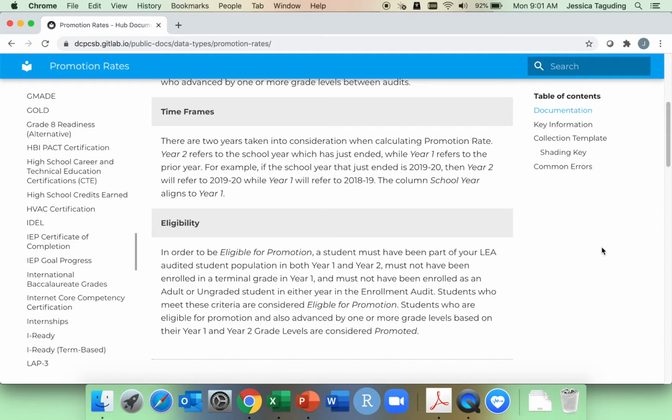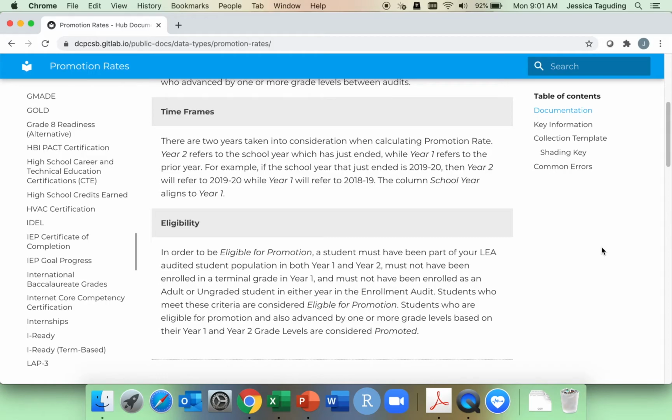Now, year 2 is going to refer to the school year which has just ended, while year 1 will refer to the prior year. For example, the school year which has just ended, as we are recording right now, is 2019-20, so year 2 is 2019-20. The prior year, 2018-19, is year 1. So we are examining students' advancement between year 1 and year 2, in this case 2018-19 and 2019-20, as of